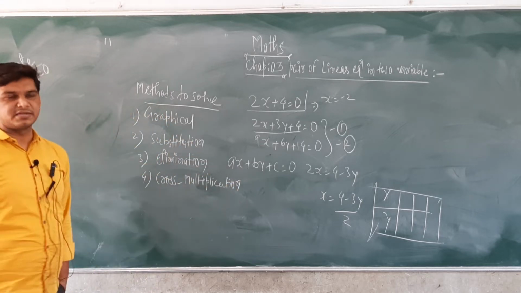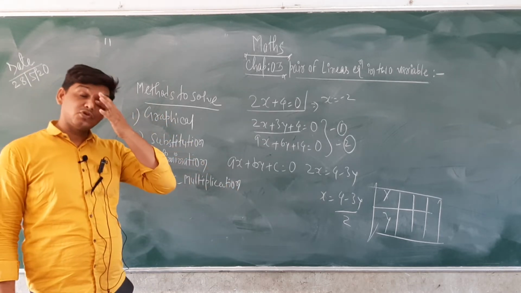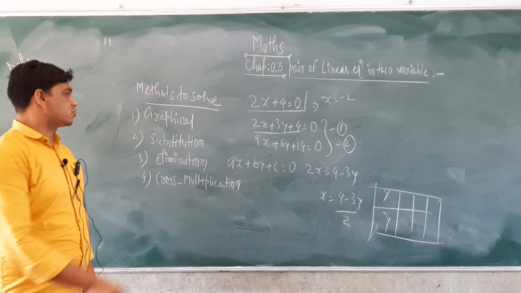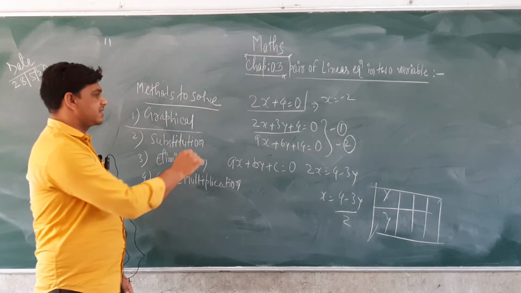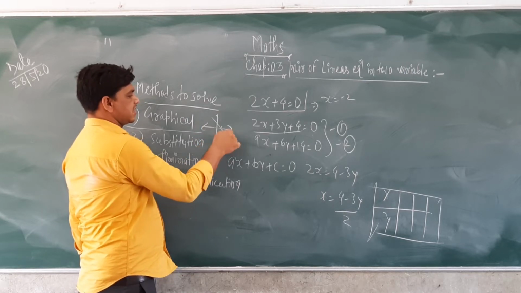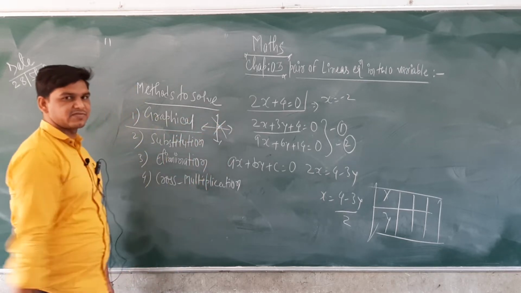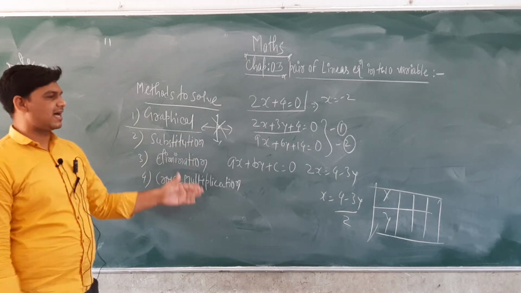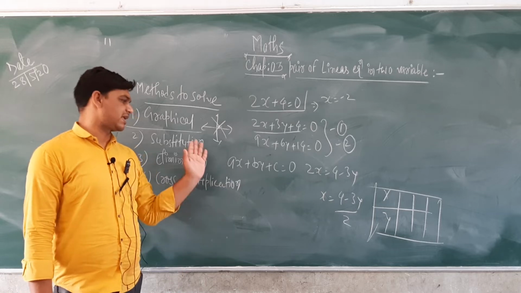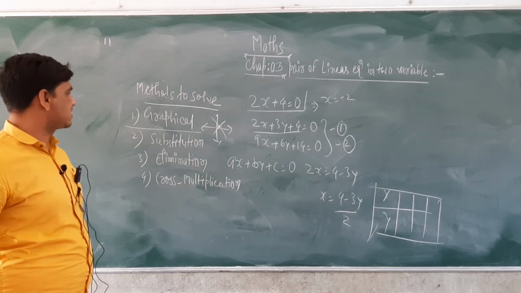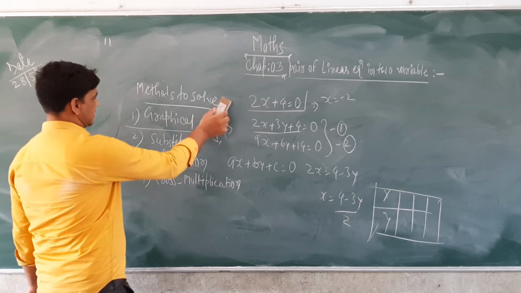These are the 4 methods we use to find the solution set of this form of linear equations. In the graphical representation method, we draw the graphs, and where they intersect, that x and y is the solution set. It should be used on graph paper. But today we will start with the different methods, beginning from the substitution method. So today we will discuss the new method called the substitution method, and how we can solve these equations.